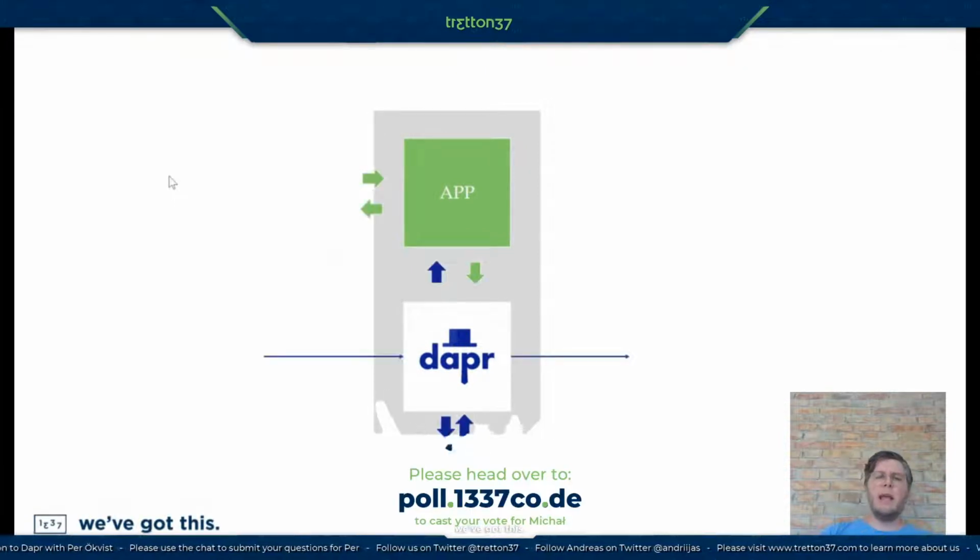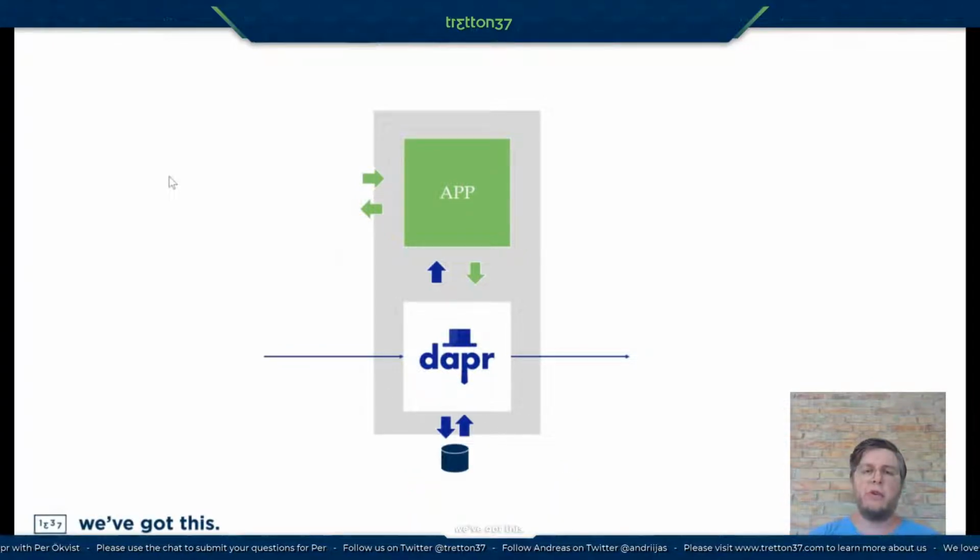So instead of having the application do request response and then cater to all the different distributed needs, you could now expose your application, but then the application could also react and communicate with the sidecar that is running Dapr. And in this case, Dapr could talk to some persistence layer or state.